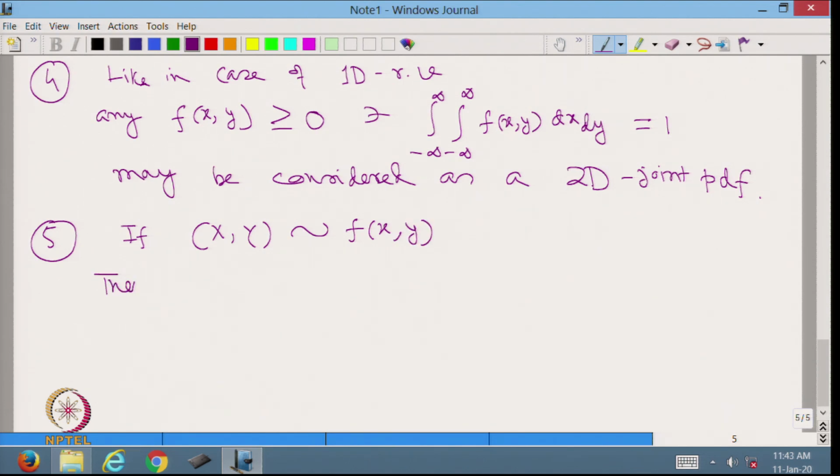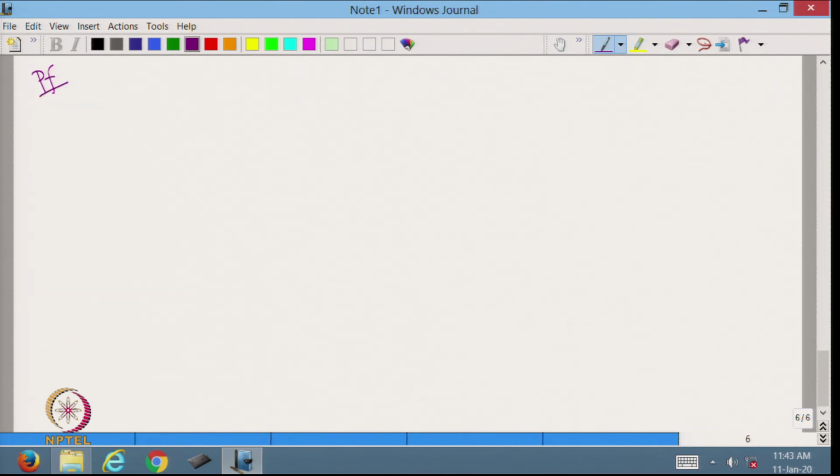5. If (X,Y) is jointly distributed as f(x,y), then expected value of X plus Y is equal to expected value of X plus expected value of Y. Proof: